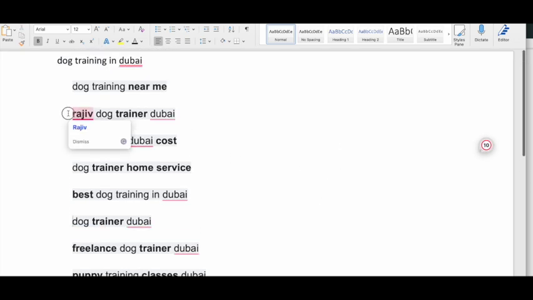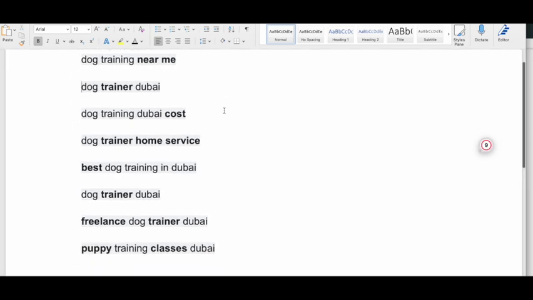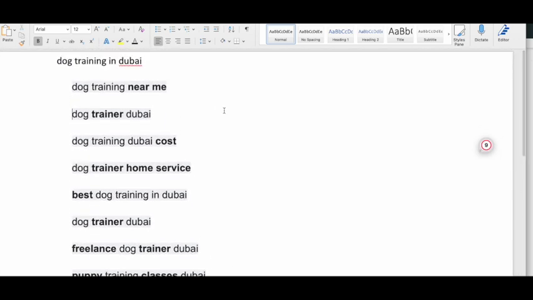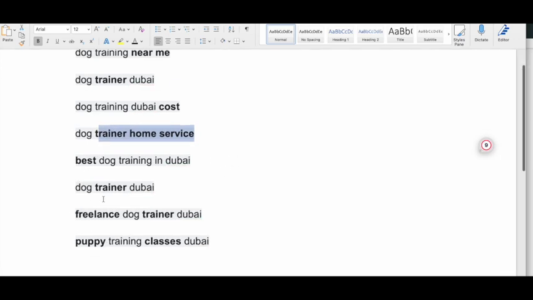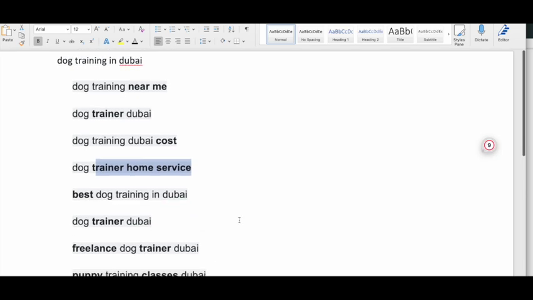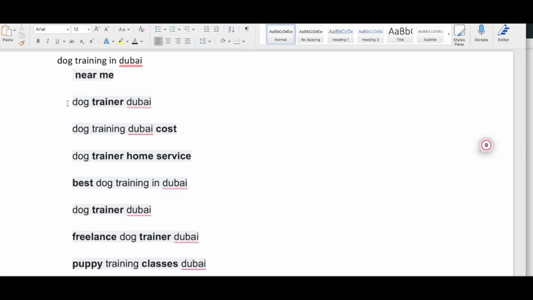The same thing with Rajiv, so we'll go ahead and remove Rajiv. Now, if you see this, it says near me is bolded, trainer is bolded. So Google has already done a lot of the hard work for us. Semantically, cost is bolded, trainer home service is bolded, best, trainer, freelance, trainer, puppy training and classes. So what we'll do is go ahead and remove all the words that are not bold,